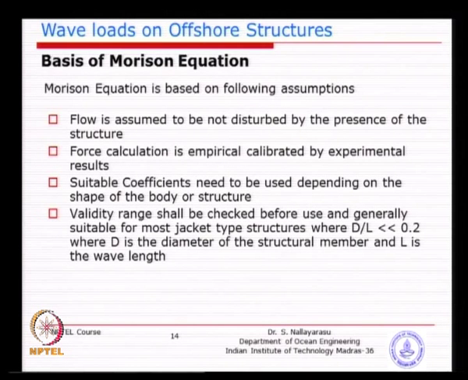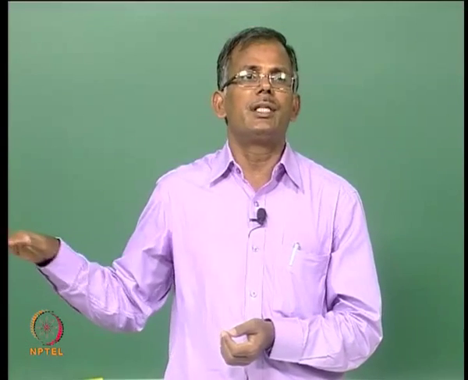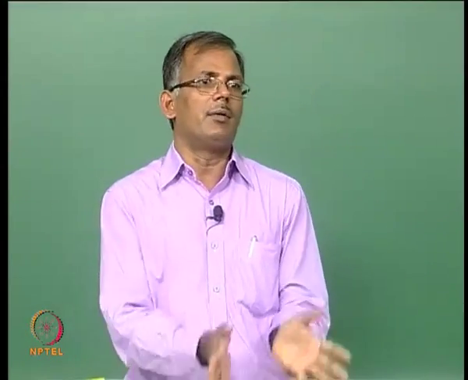Now, we will introduce the so-called Morison equation. How do we calculate the forces on the structure? When you place a structure inside moving water, whether it is wave or current, something is going to happen, is it not? For example, if you have a steady stream of current like a river, and you place an obstruction there by constructing a pier, a bridge pier or a column or a pile, the moving water tries to cross the structure by diversion, is it not? Automatically it will get diverted, flow past, and then it generates surface friction drag.